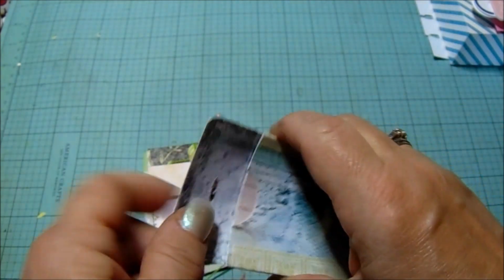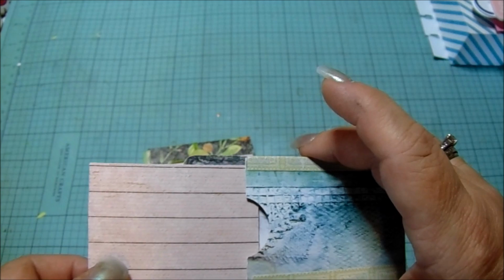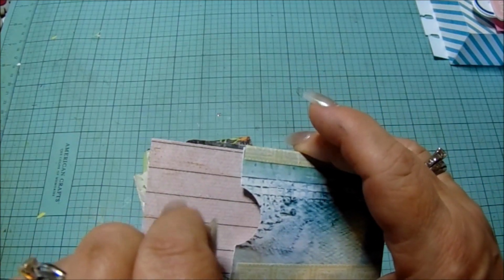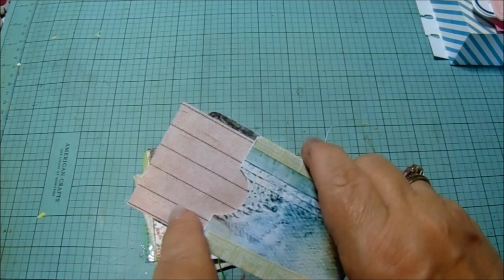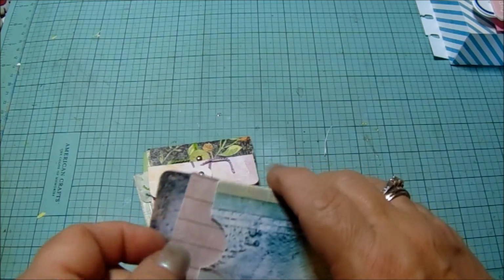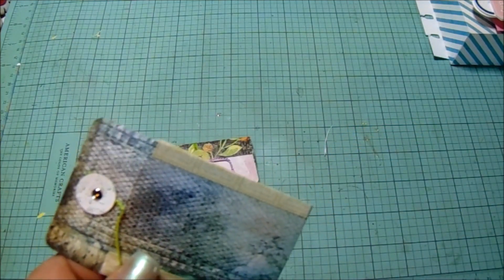size by having to glue it on the inside. And I cut scrap paper. You could write a little note. You could put a little packet of seeds in here. You know, if you have the little bags, put some seeds in, write enjoy some seeds, and whatever it is, stick it in here. And I use my score tape,